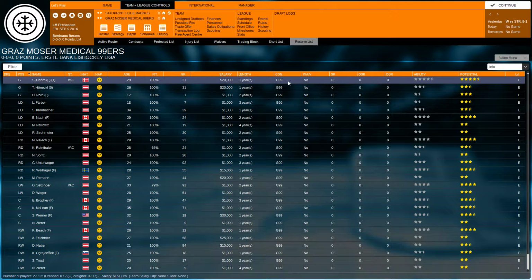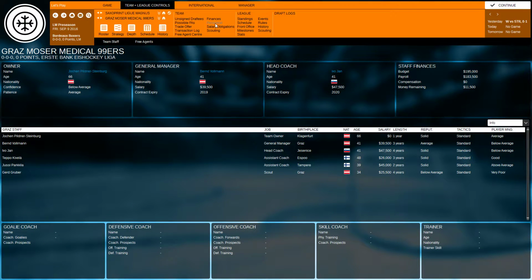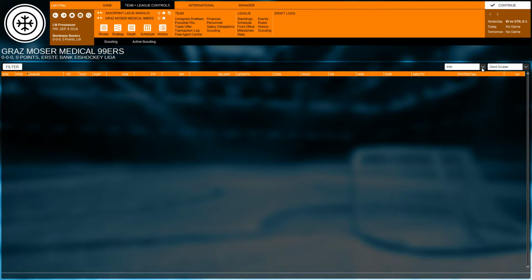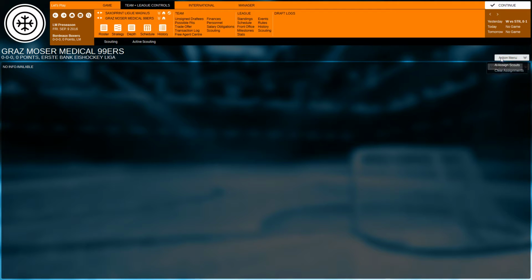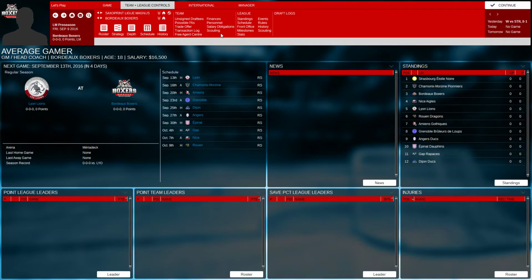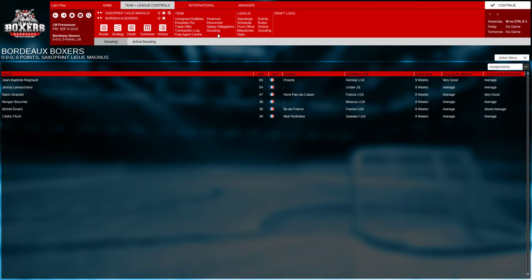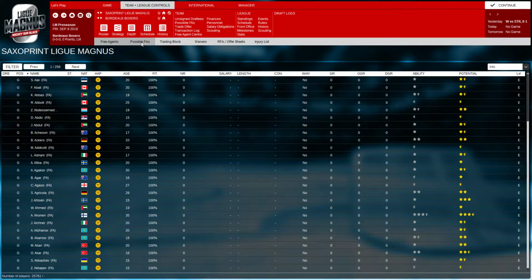I would almost kind of want to give him an extra... I kind of want to hire an extra scout. Why is Gerber the only one showing on this list? Because I'm looking at the wrong team. Scouting. Active scouting, yeah. Front office. Can I hire...